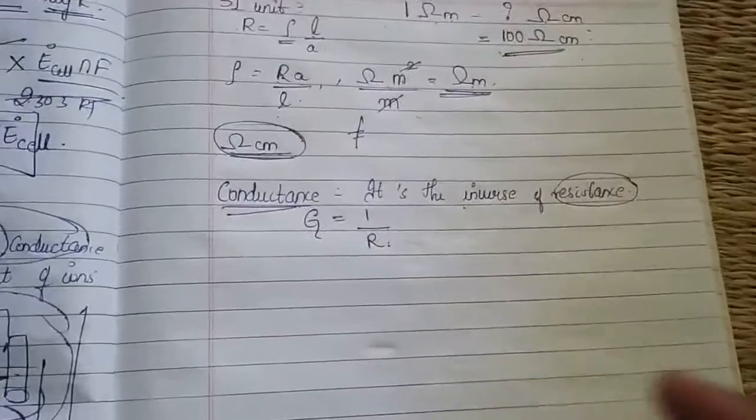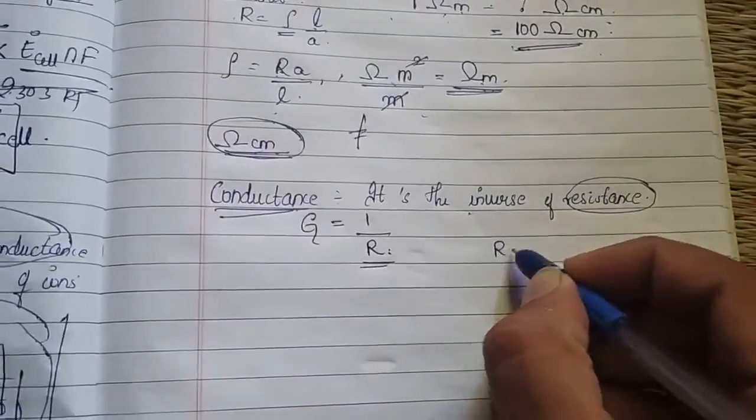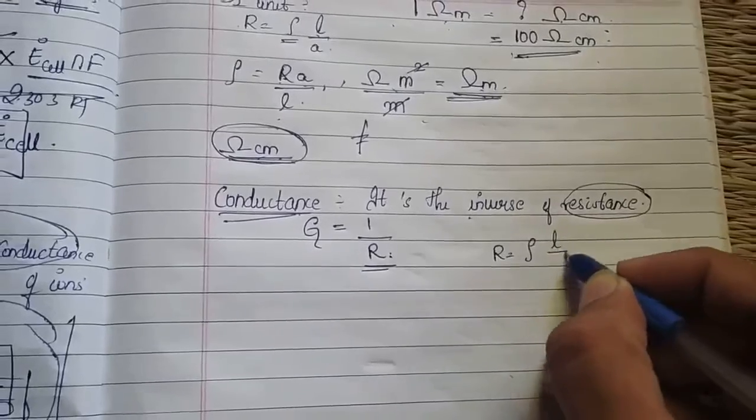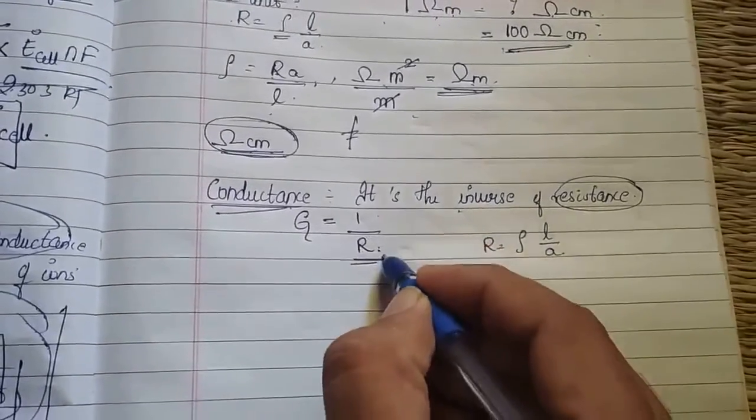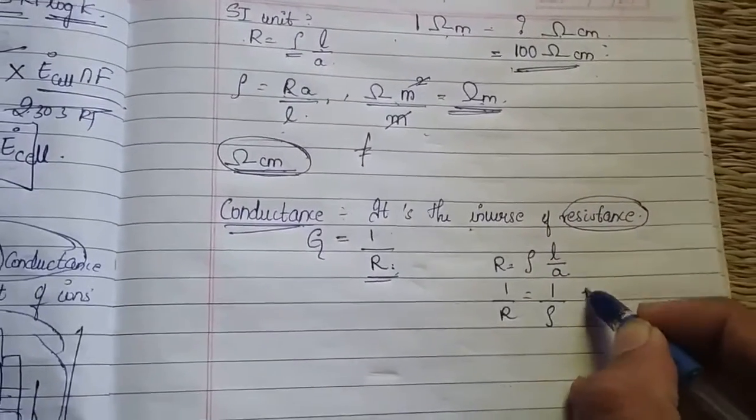Okay. Similarly, we know what is the value of R. R is equals to rho into L by A. So since it is 1 by R, 1 by R na anta barkobodu 1 by rho into A by